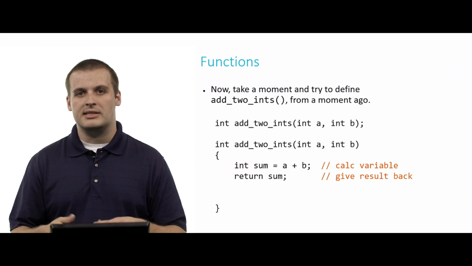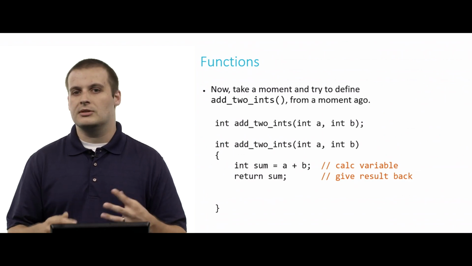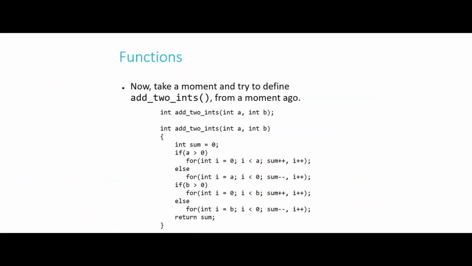Now you could also have defined the function this way. Int sum equals a plus b. Skip that first step, and then return sum. Now you could also have implemented it this way, which I highly do not recommend. This is bad style for one thing, and really bad design. But it does in fact work. If you take this code, which is in badadder.c, and use it, it actually does add two integers together. It's a very poor implementation of this particular behavior, but it does work, and it's here to illustrate the point that we don't really care what happens inside the black box as long as it has the output that we expect. This is a poorly designed black box, but at the end of the day, it does still output the sum of a plus b.